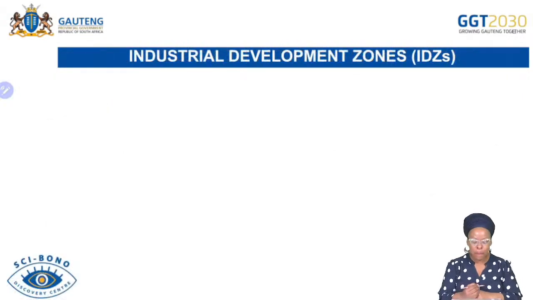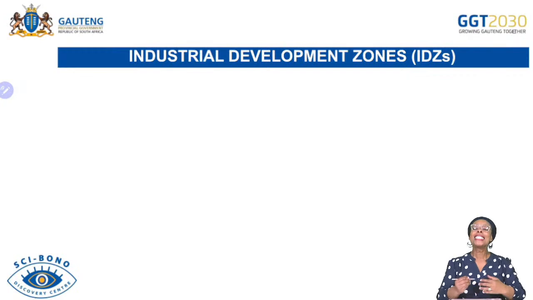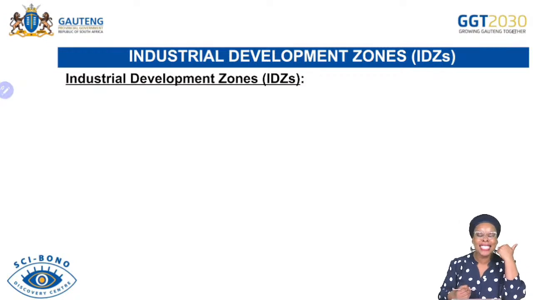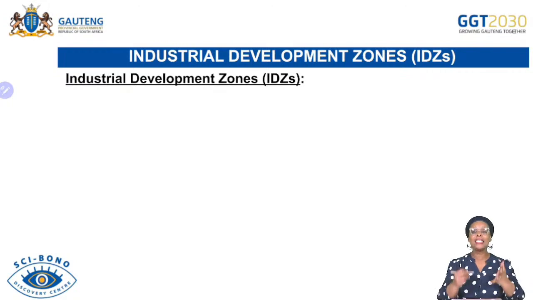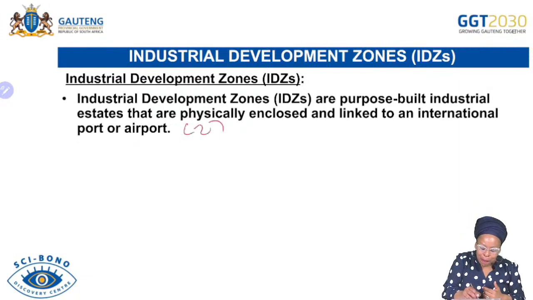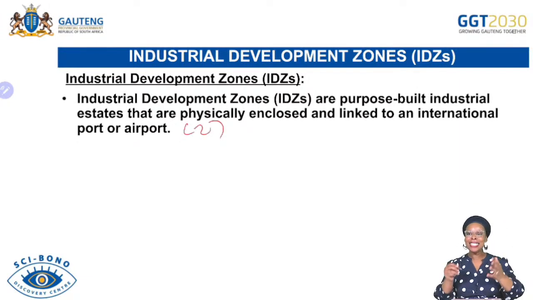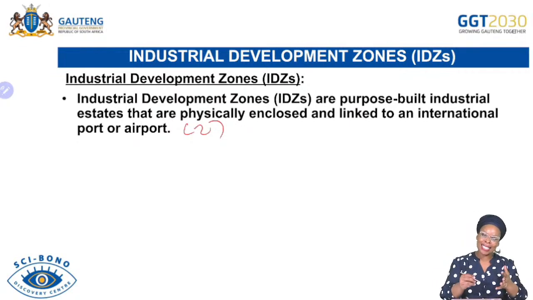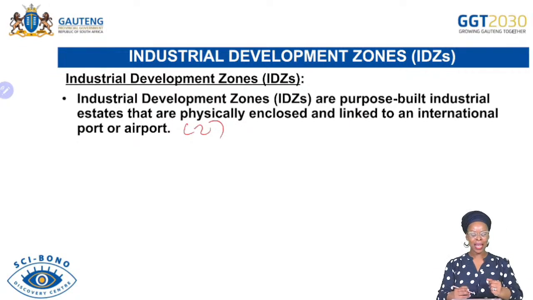Then let's move. We're still doing South Africa's initiatives or endeavors in regional development. We're done with SDIs, we're done with corridors. Now let's look at industrial development zones. This is a terminology. For 2 marks, you need to know what is an IDZ or what is an industrial development zone. There are keywords that I want you to master in this particular term.